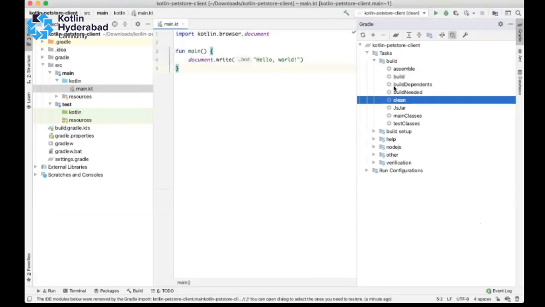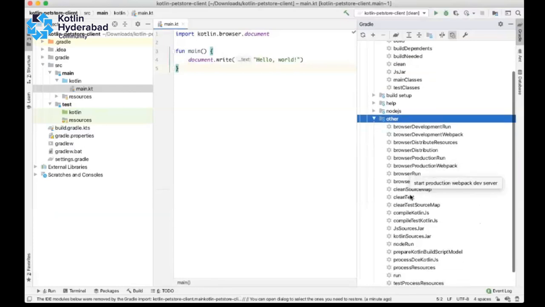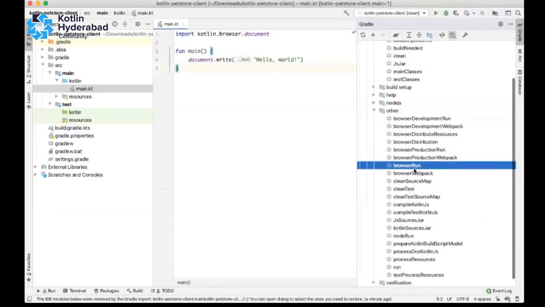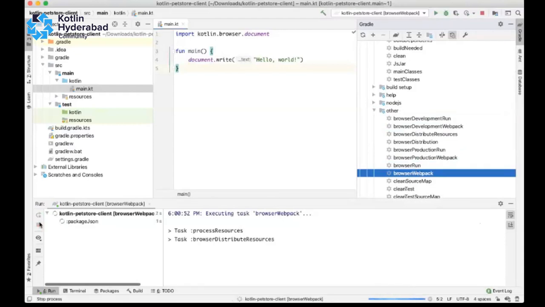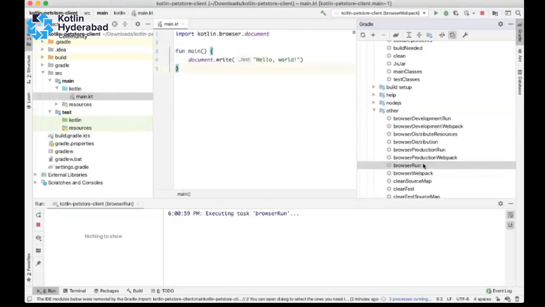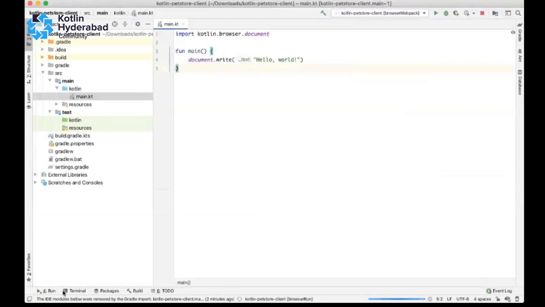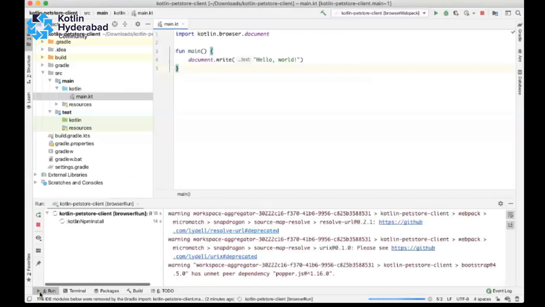To run that, we have tasks defined in the Kotlin JS plugin. Browser run is the task that we have to use. Oh, sorry, not Webpack, wrong task. Actually, this Kotlin JS plugin is bundled with Webpack, so whatever configuration is required, like hot reloading, comes automatically.